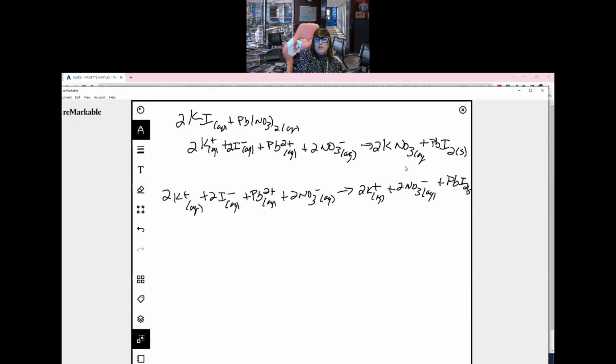Okay, and remember, our net ionic equation is only the ones that are involved in forming that solid, this guy right here. So my I and my Pb. So the Ks didn't do anything. They're spectator ions, so we can ignore those. And the nitrates didn't do anything, so we can ignore those. So if I were asked to write a net ionic equation, that'd be